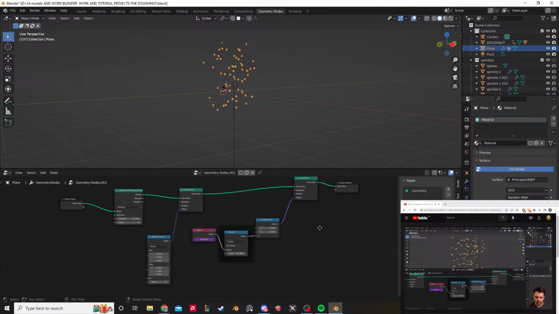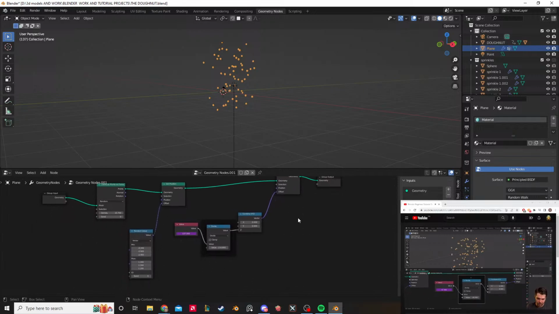But anyways, so Control J is the hotkey to create a frame over it. And then if I hit N to bring up the properties, and then go to Node, so it's the selected node, which is the frame, then I've got Label. And I could type in anything and you can see it appears right there. So I'm going to type in speed of animation